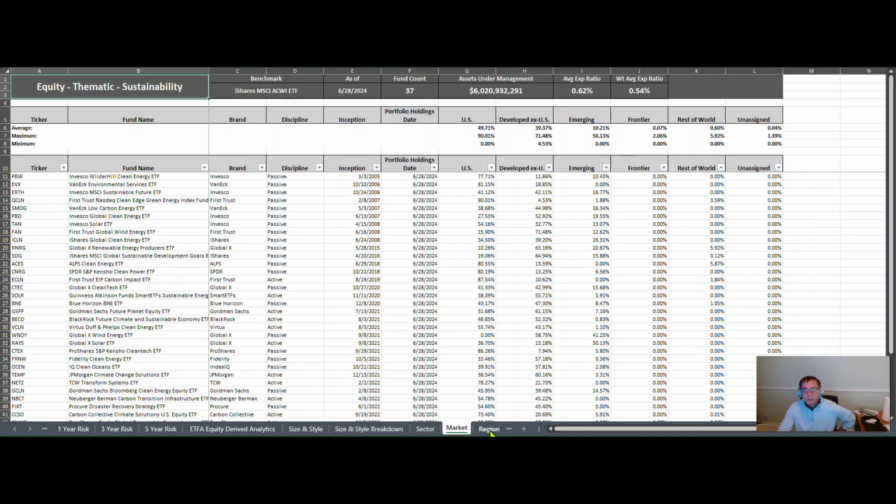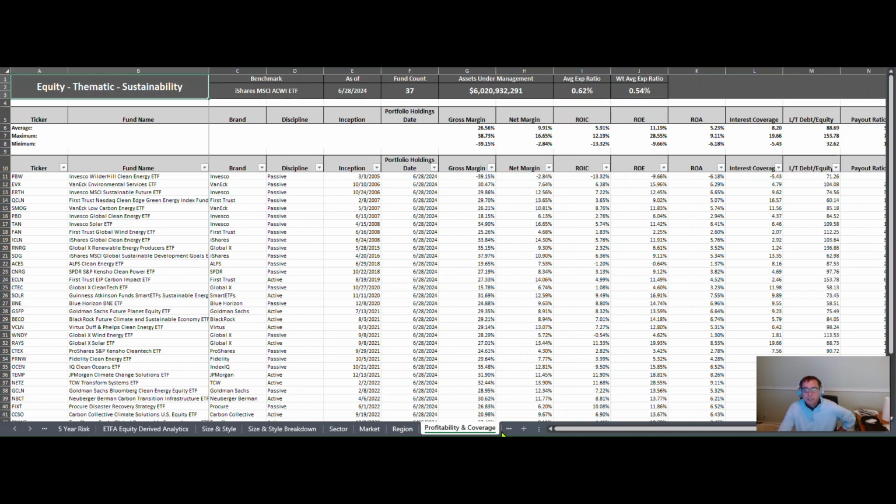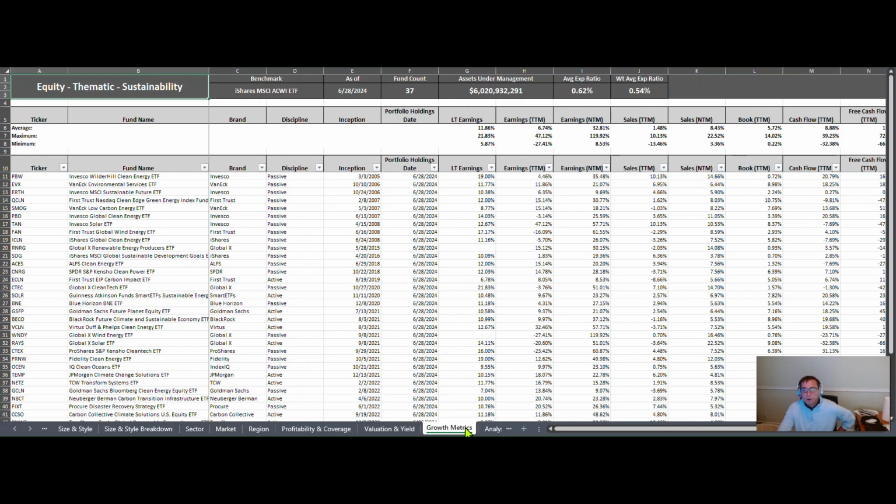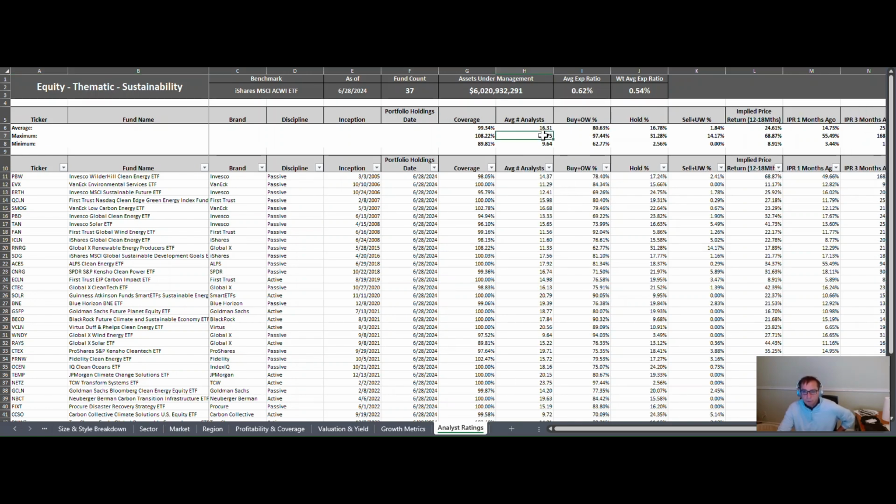And then we can get all the way into your market breakdown, your region breakdown, your profitability and coverage, as well as valuations, growth, and we even do analyst ratings across the group. So if we look at on average, there's pretty much full coverage of all the companies across all these ETFs, average of 16 analysts covering the companies inside of them. By and large, you're looking at majority of buy and overweight ratings, with 16.78% on hold and only 1.84% sell or underweight. Looking at the consensus analyst ratings of the underlying securities of every one of these ETFs,